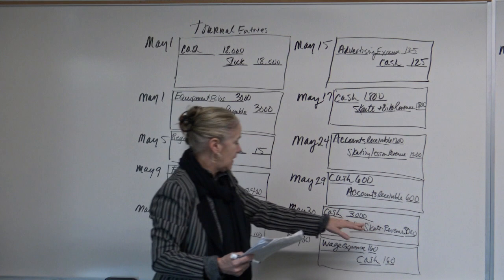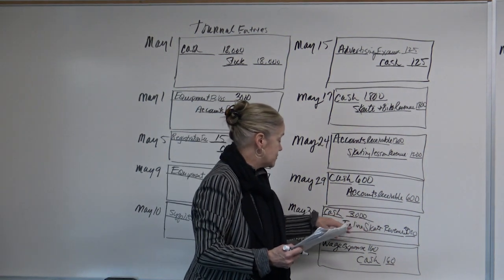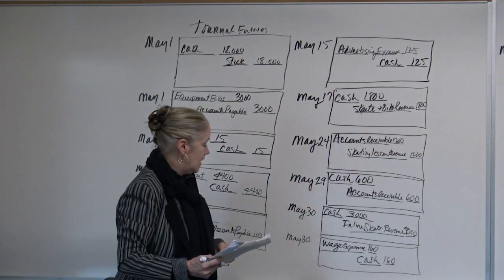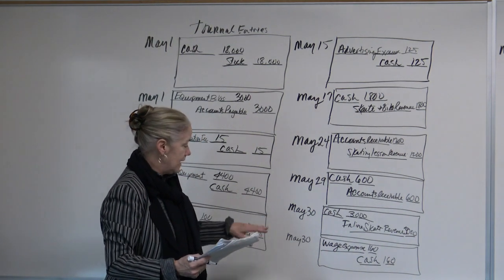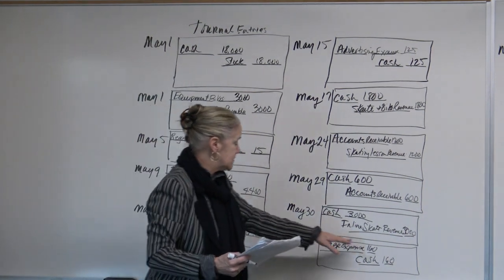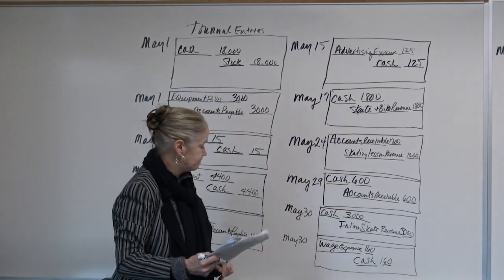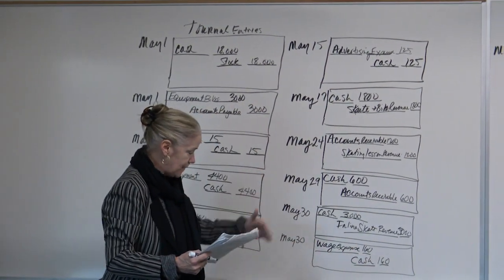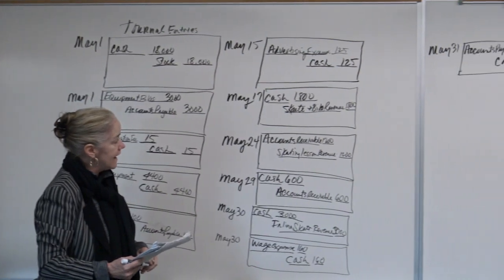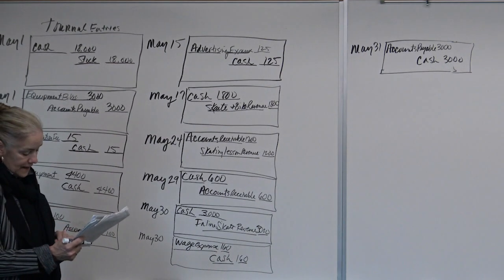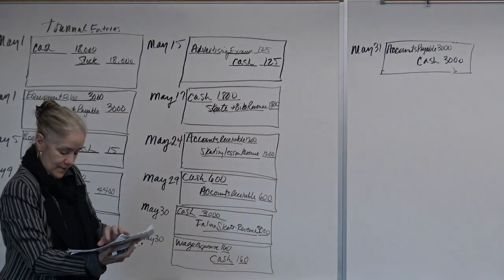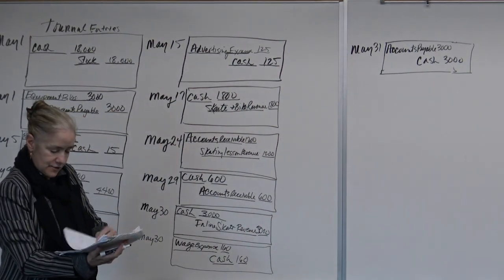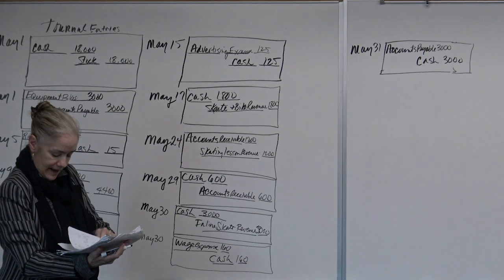We were able to receive cash through our revenue sales of $3,000. And May 30th, we have wage expense for a gentleman who helped us over the weekend for $160. Cash is decreasing because we're actually paying this individual in cash. And then on May 31st, we have accounts payable of $3,000, and cash is credited for $3,000. Now, what I'd like to do now is take a look at the